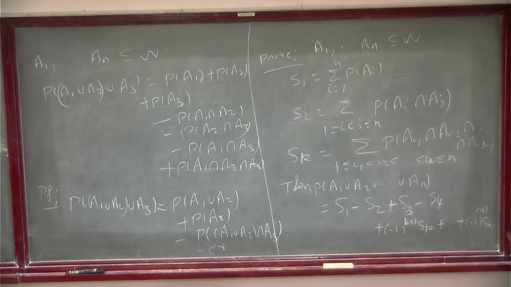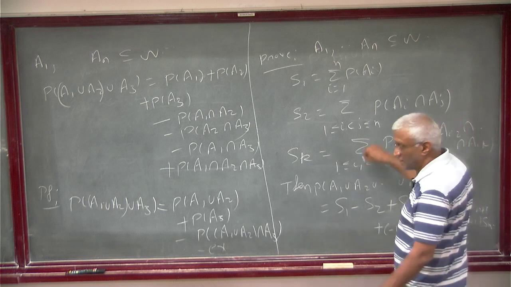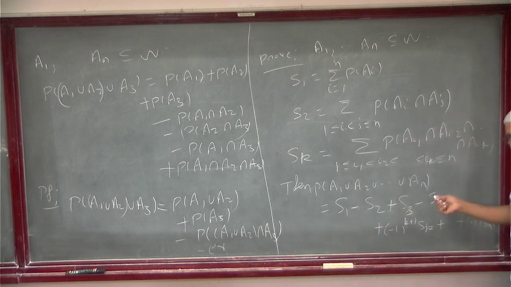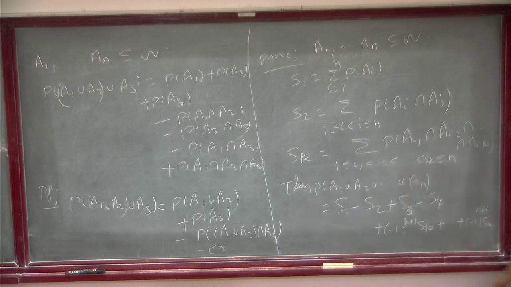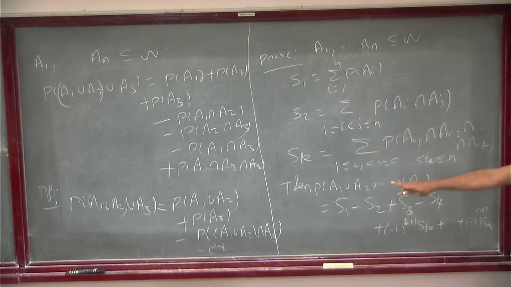Whatever. You can prove this by induction. If I prove it, it will be messy. It's better you sit down and prove it. Shall I give it as an assignment? Okay, this is an assignment. You sit and prove it. You assume it for n. For 1, it's clear. For 2, it's clear. For 3, it's clear. So up to 3, we have verified easily. You don't have to prove it for 3. It's enough if you prove it for 1.